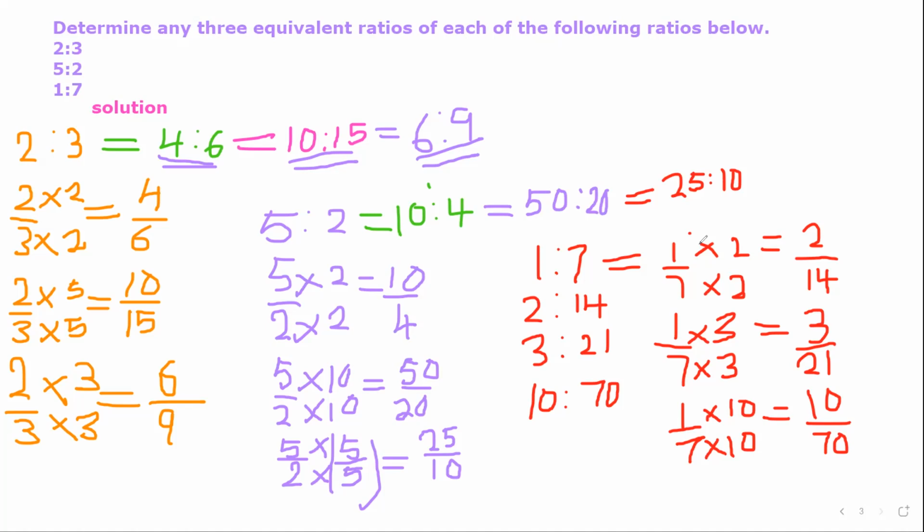So when you take 2 to multiply the fraction, you just multiply and then you get an equivalent. Okay, good. So that is the end of the lesson, how to determine 3 equivalent ratios. We have learned how to break ratios into their simplest form, and how to compare 2 quantities of the same kind, using the survey analysis to do that.